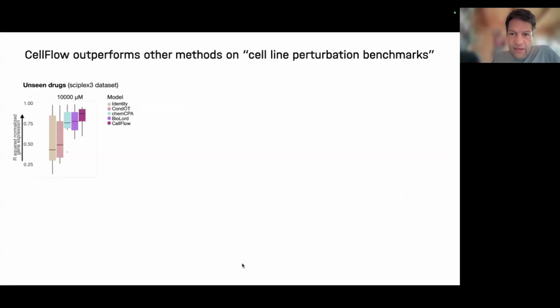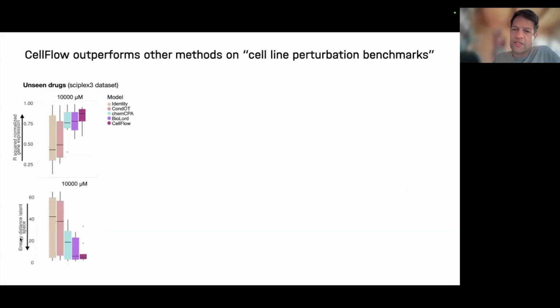And there's a bunch of data sets that I won't extrapolate on or go into detail about what they are. But this is, for example, a drug perturbation data set where we can actually go out of distribution. We always hold out a few of these data sets. We go out of distribution, often with a dosage. And then we see some baselines here, but higher is better in terms of R squared. CellFlow is doing very well.